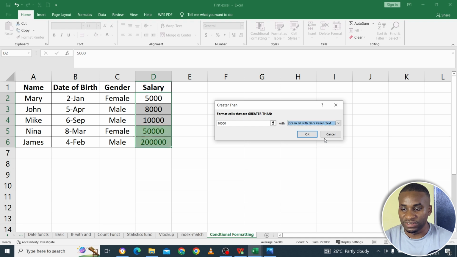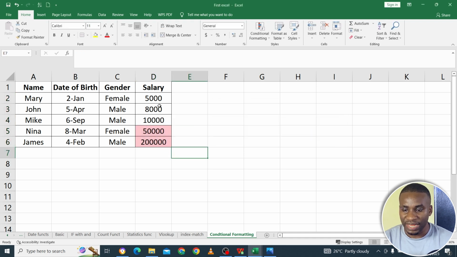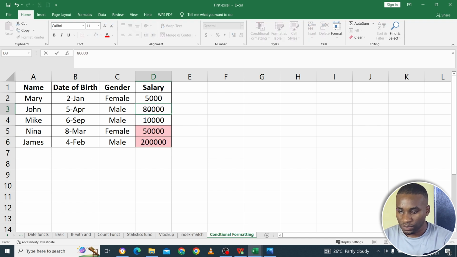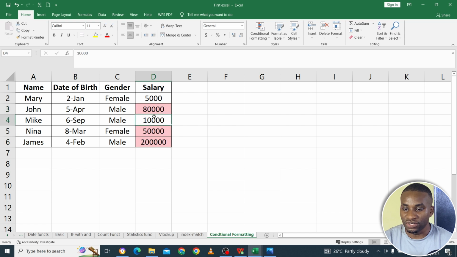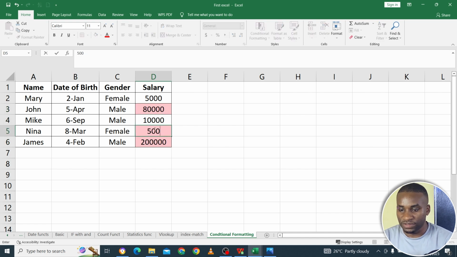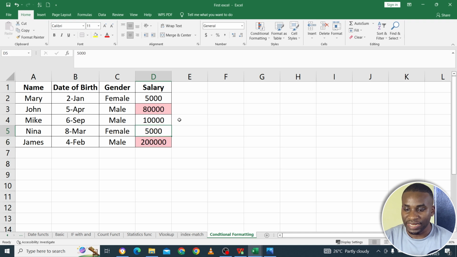If it's good, you put maybe green here. For example, there might be situations where the high ones are instead not good, and you can put red there. So let's say we put it like that, and then we are able to get a communication. If you enter maybe 80,000 here, see, automatically the color changes, and say this one goes down to 5,000, automatically it's not highlighted. So you have dynamic highlighting of your cells so that you can communicate that these are the cells that are above that